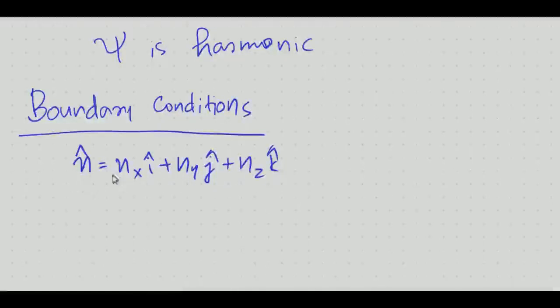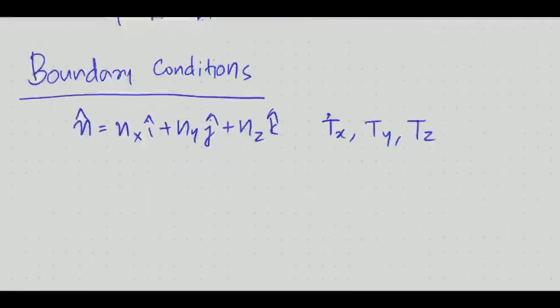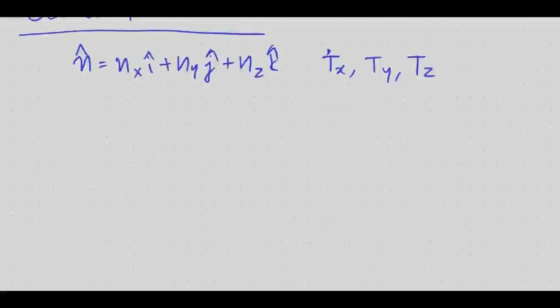N is the unit normal vector. Stresses due to applied forces at that point are given by tx, ty, tz. These are the x, y and z components of the external stresses applied on that point of the surface. So we have three boundary conditions that are given like this: